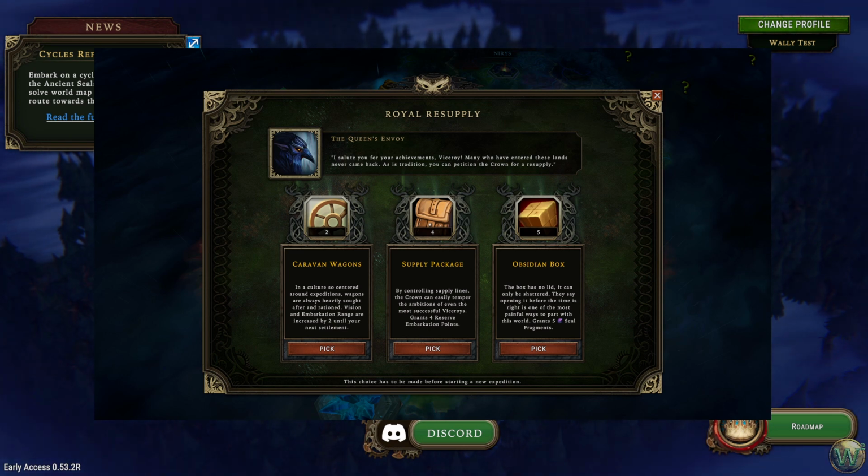Actually, this is for the modifiers, excuse me. Winning a game near a negative modifier will now give you a new special reward, the Royal Resupply. And that's these 3 bonuses here that we mentioned earlier. You can get reserve embarkation points. These are a separate pool of embarkation points that are applicable for the entire cycle, but they do not refill